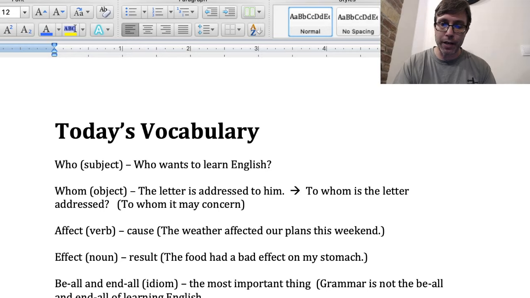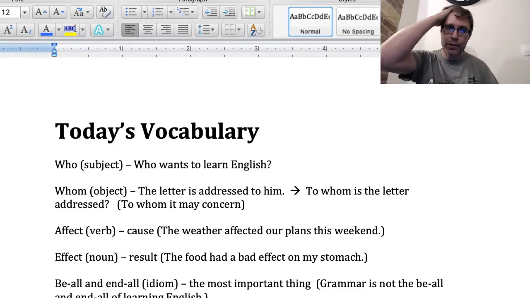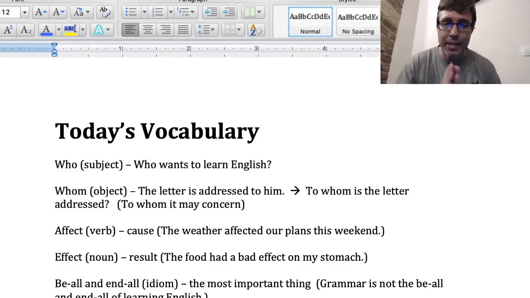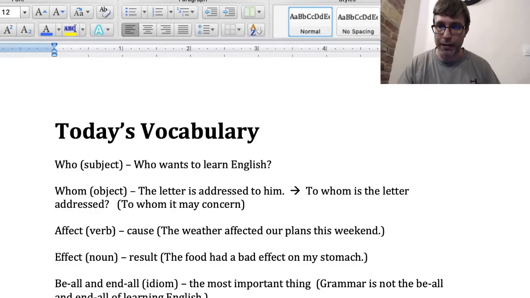There are many things that are important when it comes to learning English, and I can say, well, grammar is not the be all and end all of learning English. It's not the most important thing. It is an important thing, but it's not the be all end all. And I think when she also asked about the pronunciation, I think in this case it is be all and end all, but people would really pronounce "and" more just like "n." Be all and end all. Be all and end all. Sometimes I think that "and" might even just get dropped, the be all end all. But be all and end all is something that is the most important thing.